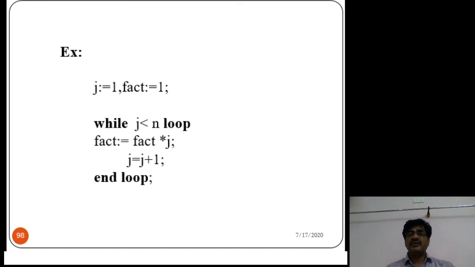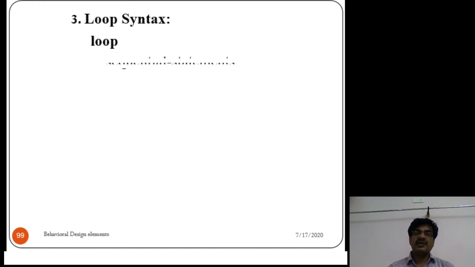J equal to 1, fact equal to 1. While j less than n loop. If the j value is less than n, you continue the loop. Otherwise, if j is greater than or equal to n, don't execute the loop statements. That is the meaning. So like that, the while loop can be used to calculate the factorial value.